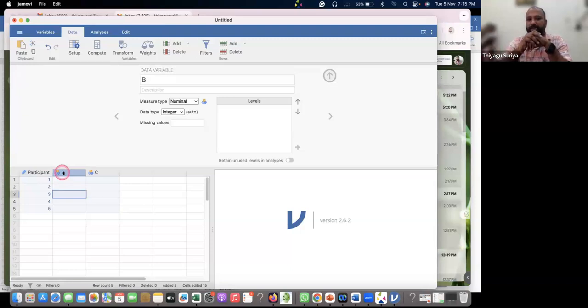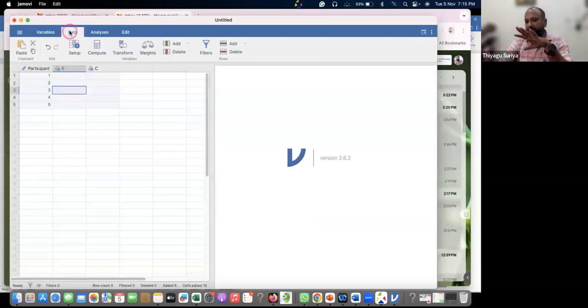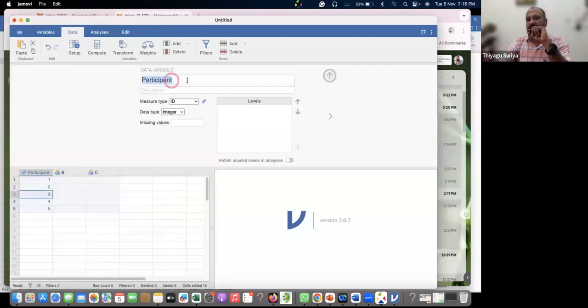So I request all, what you can do: suppose you are not finding this, go to the data view. Go to the data, click this data ribbon. When you go to the data ribbon, keep the cursor on the A and double click. When you double click, you can get this kind of interface. In this interface,